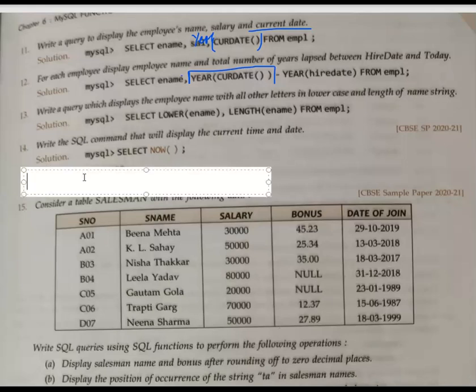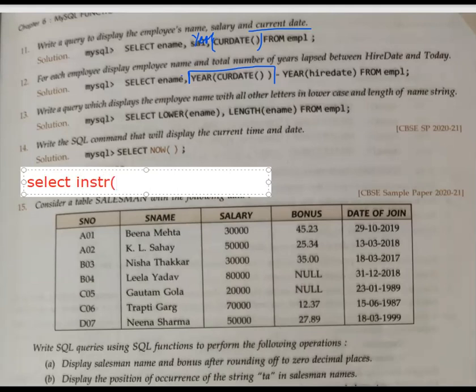Okay. So see, it is given: select the position of occurrence. Again, I am repeating my statement we made in the second question also. For finding the position of any particular substring, we are going to use the instr function. So it will be select, then instr, this is your function.